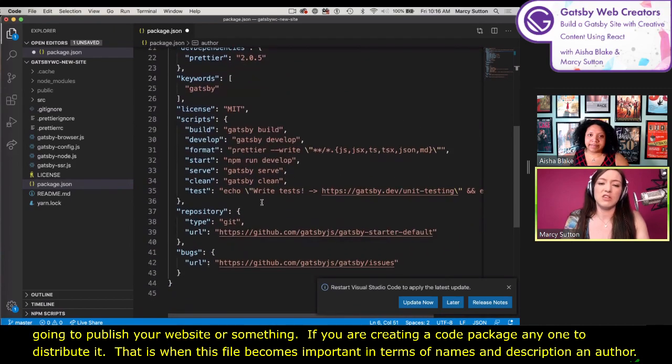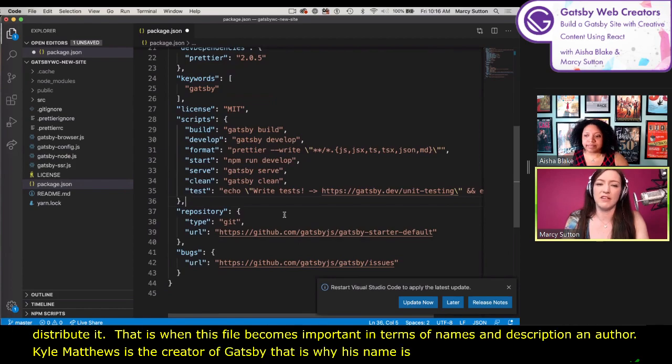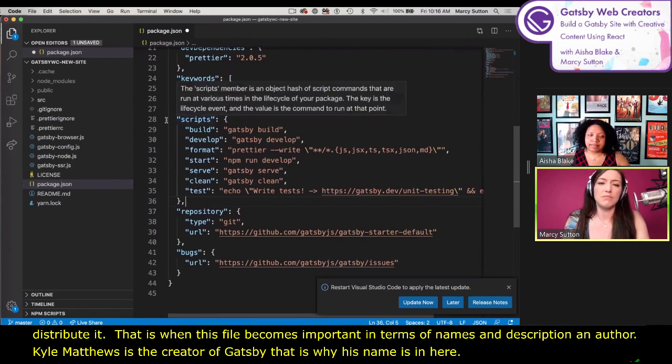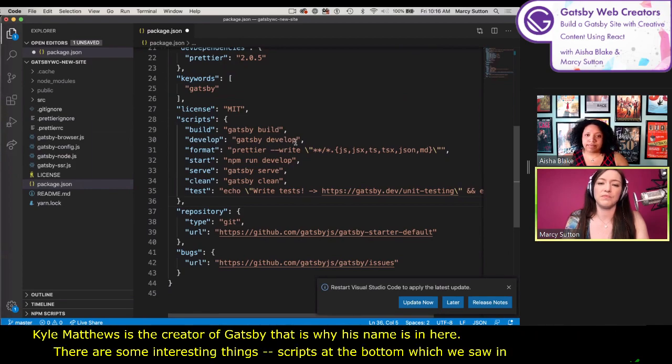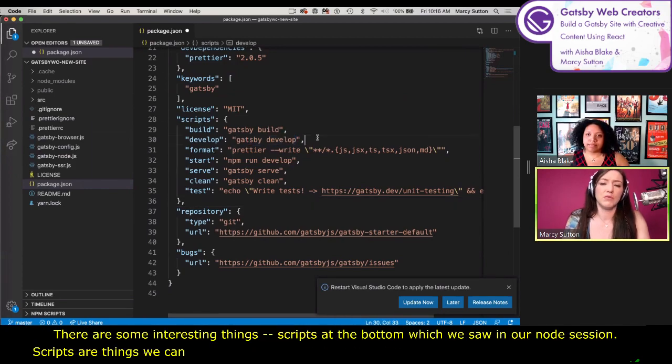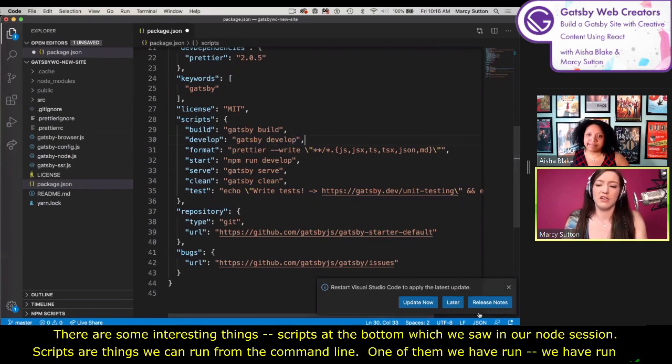There are some interesting things in here I will point out, like the scripts at the bottom, which we saw in our node session. Scripts are things that we can run from the command line using npm. So one of them, we've run the Gatsby develop command so far. I could also